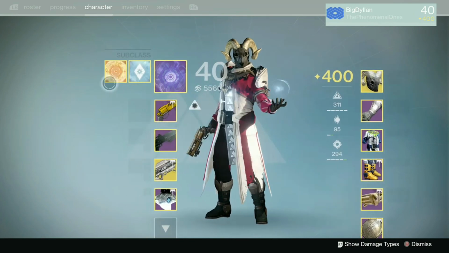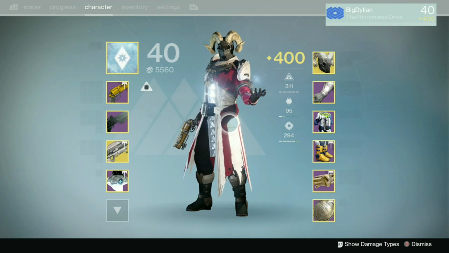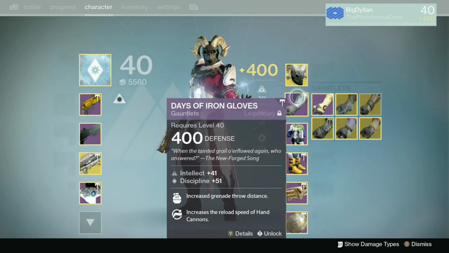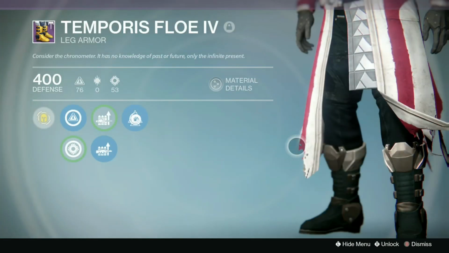So say if I'm using Stormcaller, I want to use tier 5 intellect, tier 5 strength, just because it suits the subclass for Crucible. Or say if I'm trying to use a Sunsinger, I want tier 5 intellect, tier 5 discipline. It all depends on the builds you are using. You should have multiple armor pieces for certain builds that you want to switch to here and there. Okay, so now that we've got that out of the way,